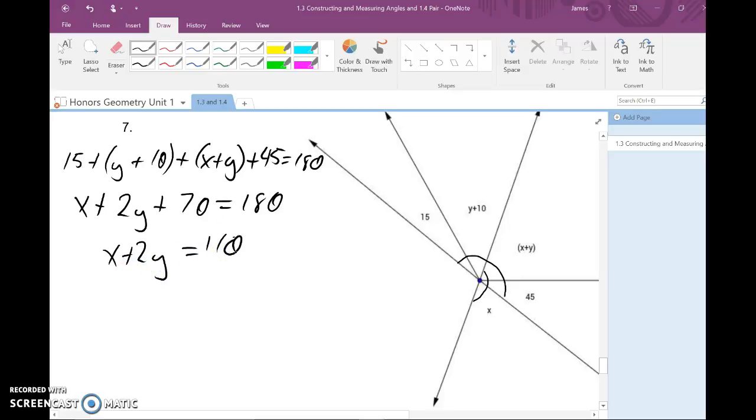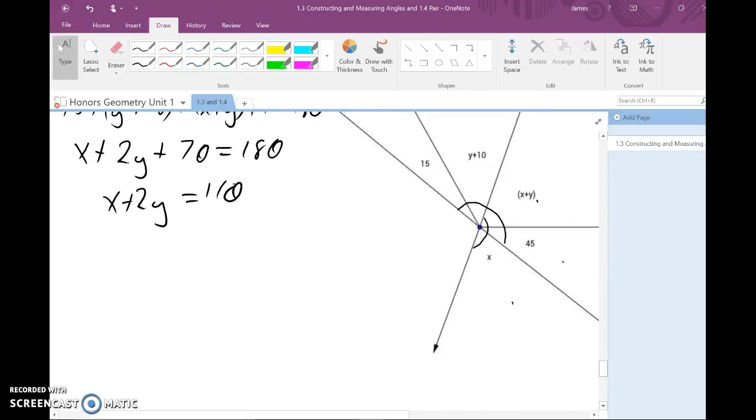Now the problem here is that we have two variables, so anytime you have two variables, you need to have two equations. That's where the other linear pair, this angle and this angle, come into play. So not a lot of space here, so I'm going to go ahead and just kind of cram this in over here. So x plus y plus 45 plus x